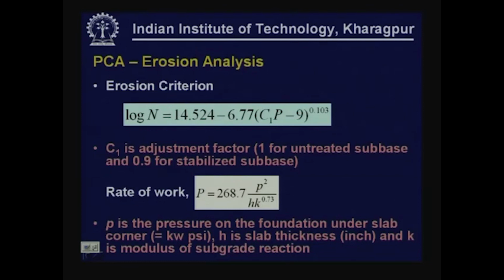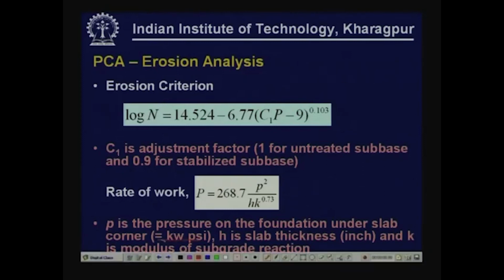This is a function of the pressure on the foundation under the slab corner. This is the pressure under foundation under the slab corner. H is the thickness of the slab and K is the modulus of subgrade reaction. So, the rate of work is a function of all the pavement parameters, thickness of slab and modulus of subgrade reaction and the deflection of the slab at the corner, which can be used to obtain the pressure